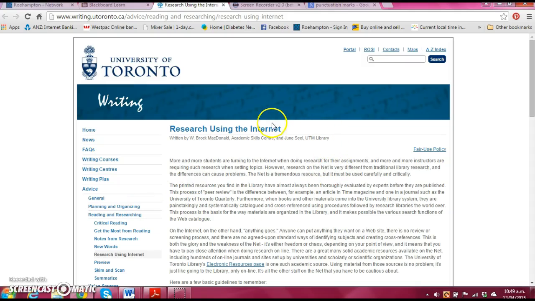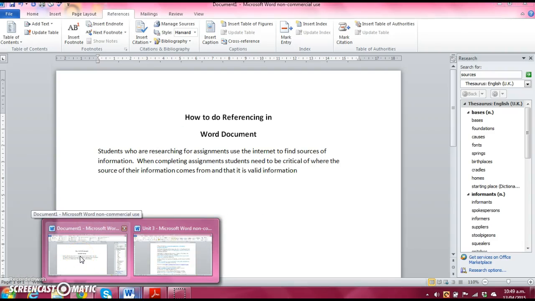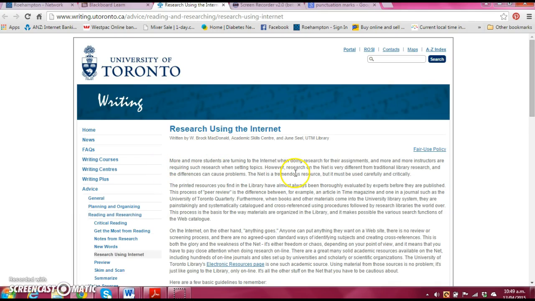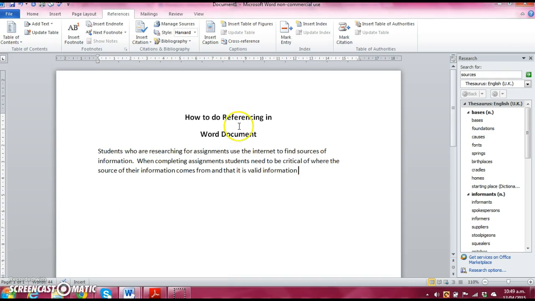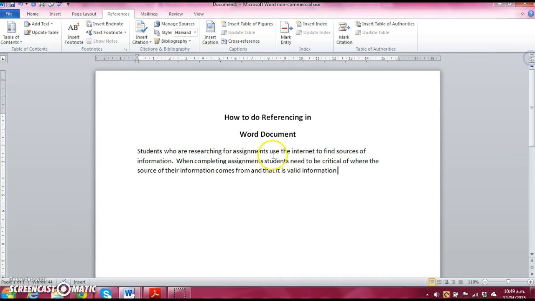Hi everyone. I'm going to show you how I do my referencing in a Word document. So what I've done is I've found one of our readings that we're using, and I've tried to the best of my knowledge to paraphrase the first paragraph. So what we're going to do is learn how to do an in-text citation, and then I'll show you how